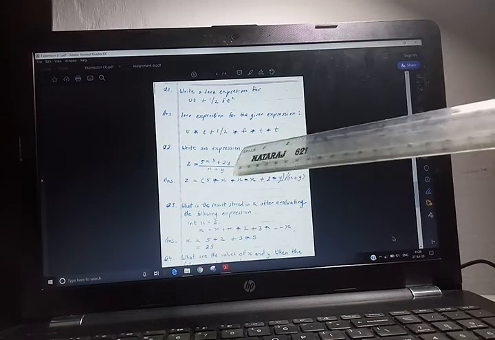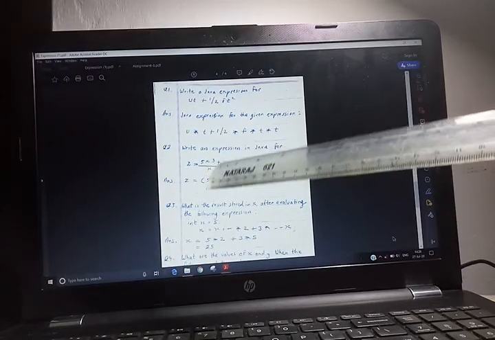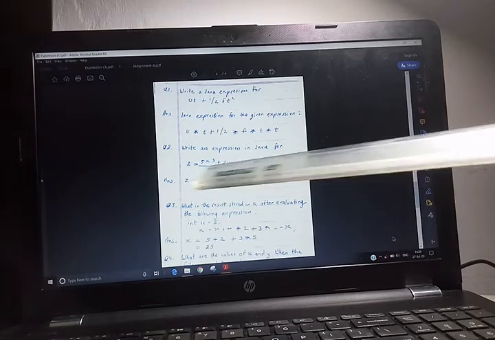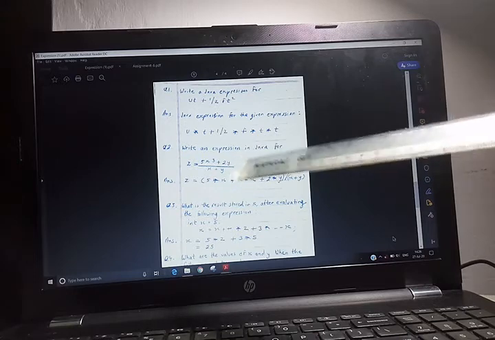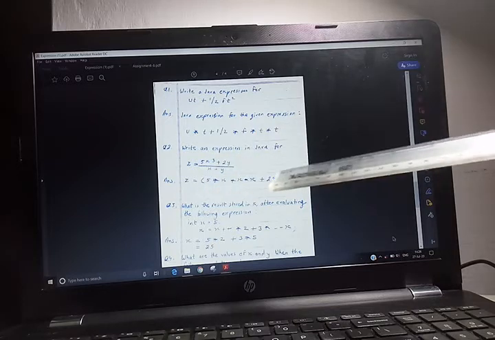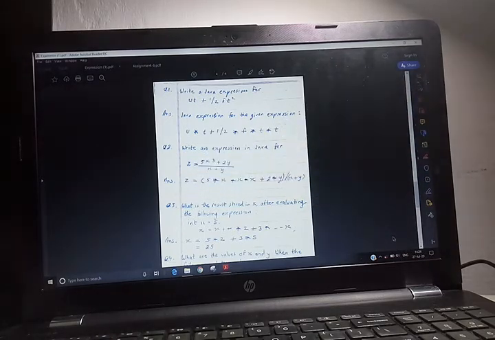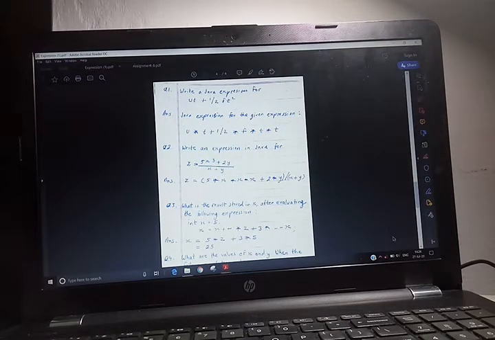Then next is write an expression in Java for z equals 5x cubed plus 2y over x plus y. So z equals 5 multiplied by x multiplied by x multiplied by x plus 2 multiplied by y. Here division is there, so it is slash, x plus y. So this question is given and you are going to write this expression. It comes in your Section A, 2 marks for each question.